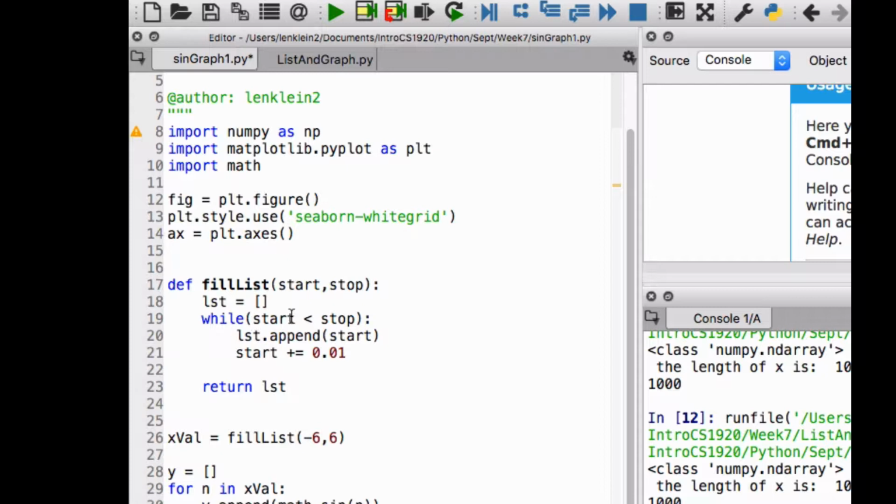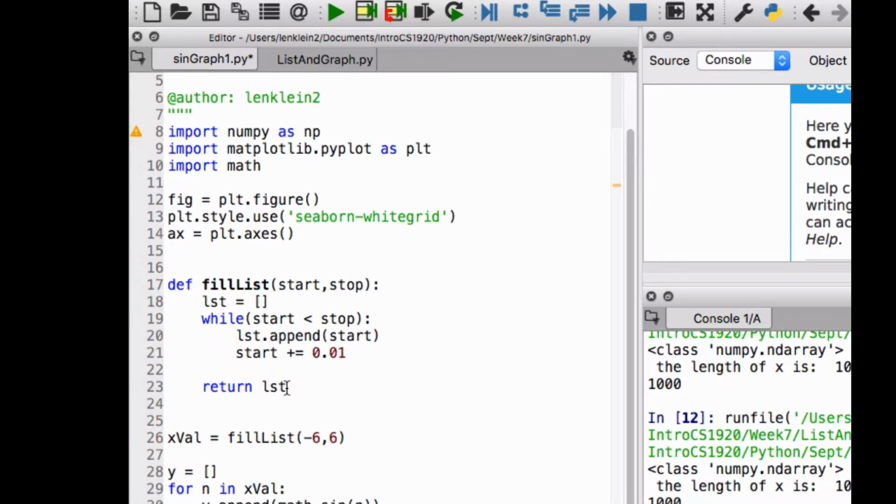While start is less than stop, list1.append start, and then I'll add 0.01,